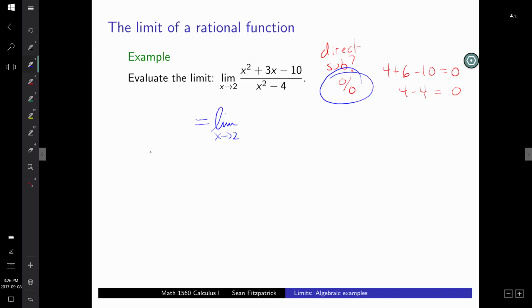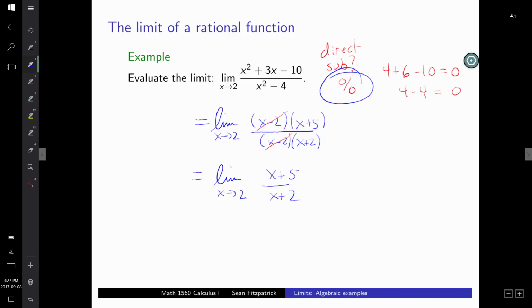And so I know that one of my factors must be x minus 2. The bottom I know how to factor. It's a difference of squares, x minus 2 times x plus 2. What's the other factor up top? Well, I need something that multiplies to give me 10, and I need a plus in the middle, so it must be x plus 5. And you can check that that does indeed work out. Now you've got this x minus 2, top and bottom. I can cancel it,